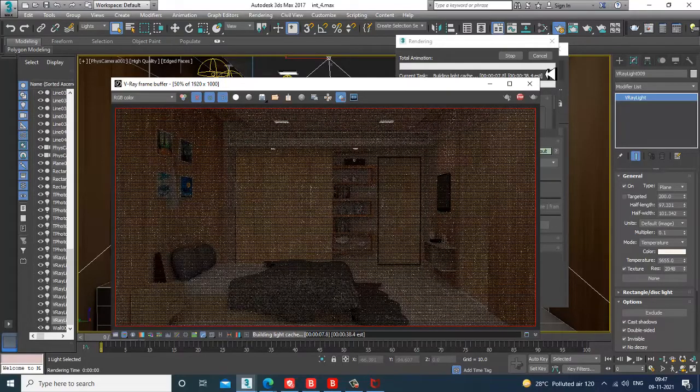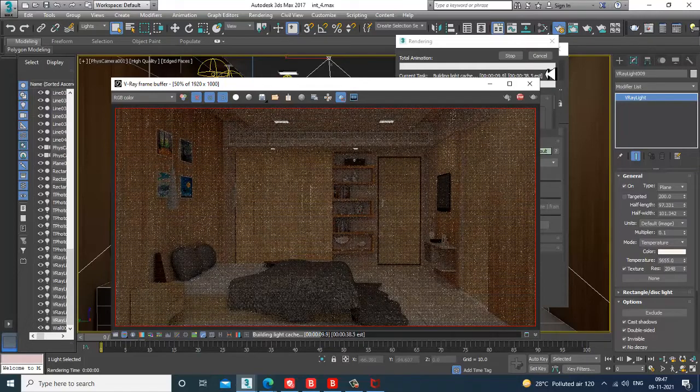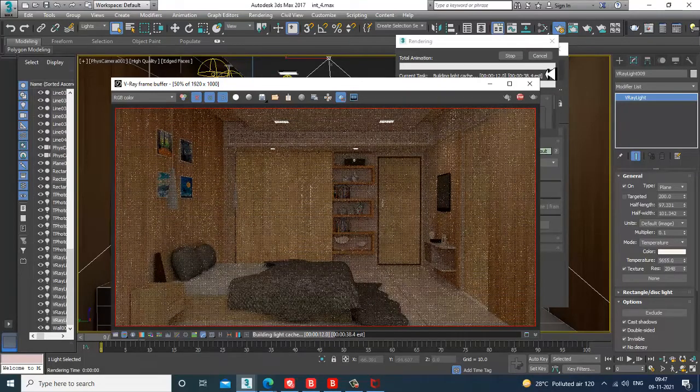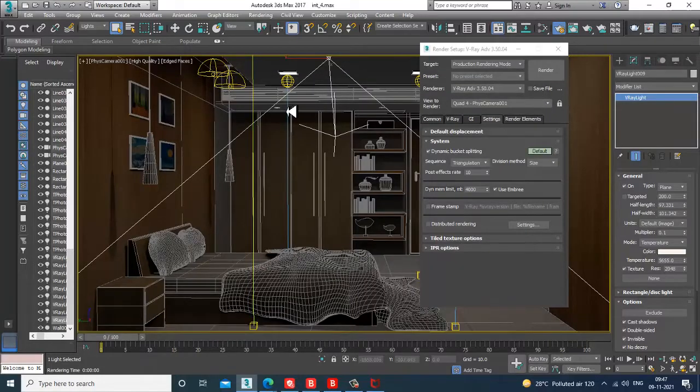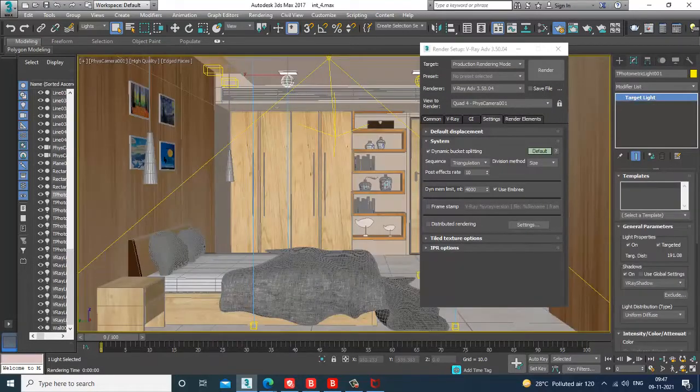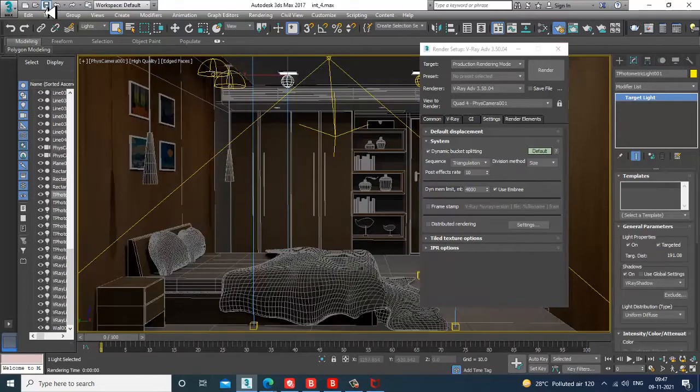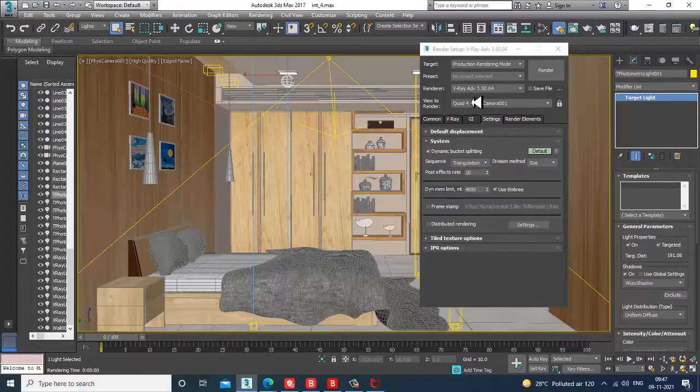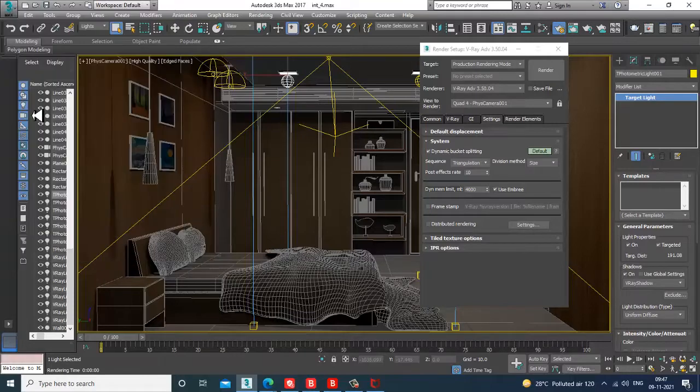We can increase the intensity of the lights if required. So I'll just save this file first, or we'll just save as this.